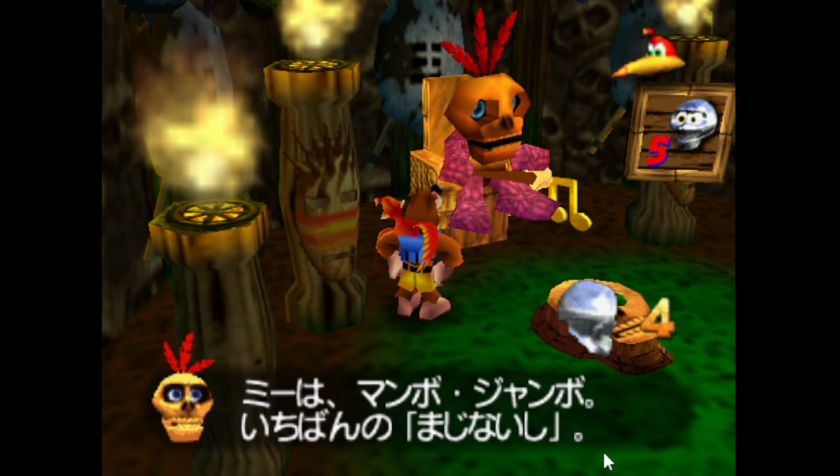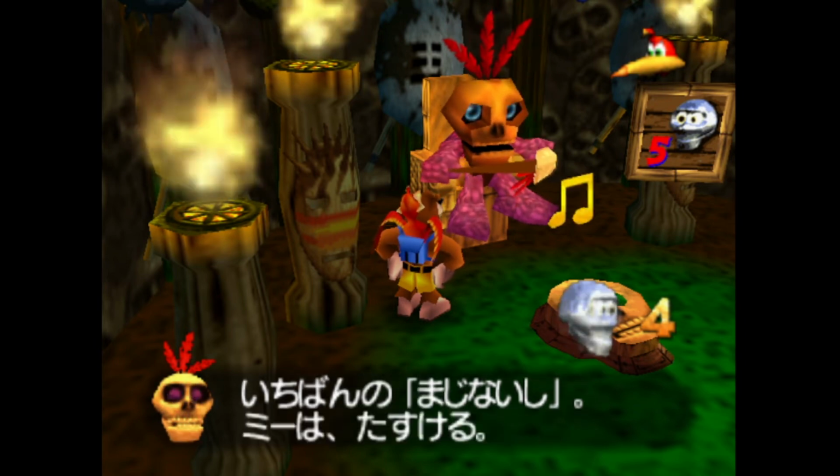Okay, majinai is a way of reading a character that means like curse or spell or incantation or whatever. So I guess majinai shi, like the shi at the end, is probably just like a practitioner of that. So it's like a practitioner of magic. So yeah, a shaman or a wizard maybe or something like that.